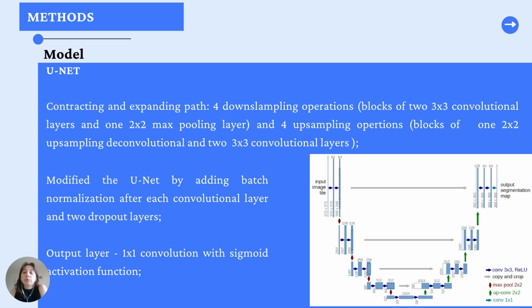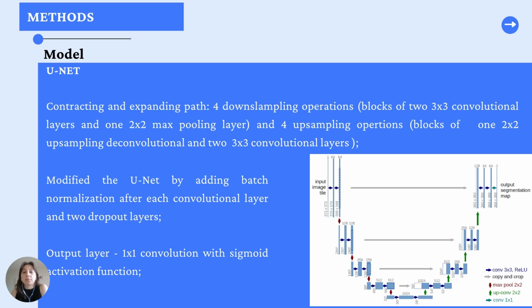We modified the U-Net further by adding batch normalization after each convolutional layer and 2 dropout layers to accelerate training and control overfitting. The output layer is a 1-by-1 convolution with sigmoid activation function, which assigns values in the range from 0 to 1 to each pixel. The final segmentation is obtained by binarizing the probability at the threshold of 0.5, mapping each pixel to either muscle